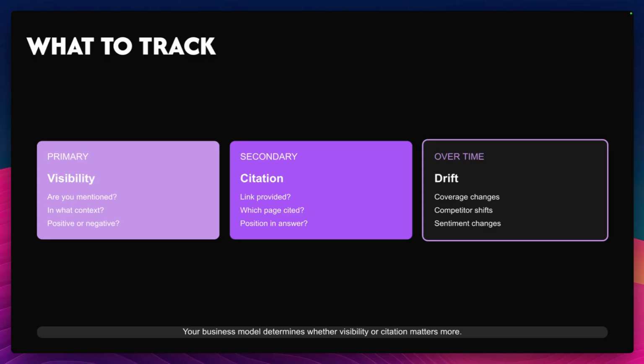And you can also track the citations, obviously. So is there a link in the response? If there's no link, it probably hasn't used the search part. Which pages get cited, and with most AI visibility tools, you can now check if your brand is on the cited pages. So even if your page doesn't get cited directly, you can then check if your brand's mentioned on